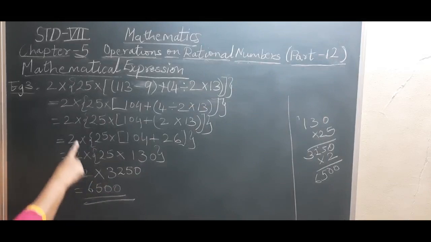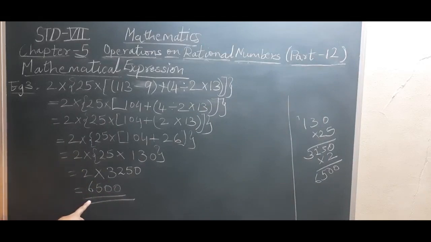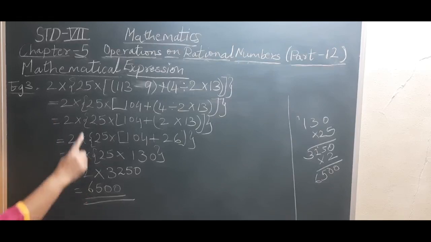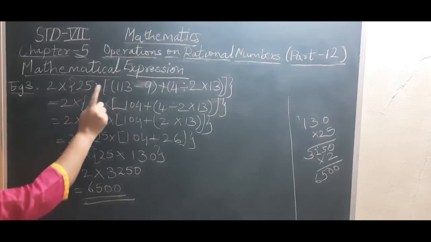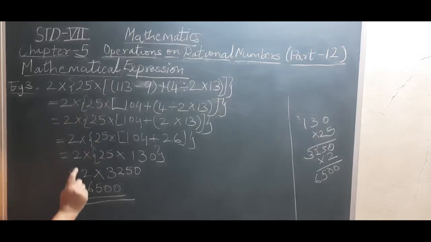This is the correct way of solving because we have followed all the rules and orders which are given accordingly and which we have studied. Isn't it easy children to solve it? First we have solved the round brackets, then the square bracket, and then the curly bracket, and in the end whatever is outside we have solved and got the correct answer.